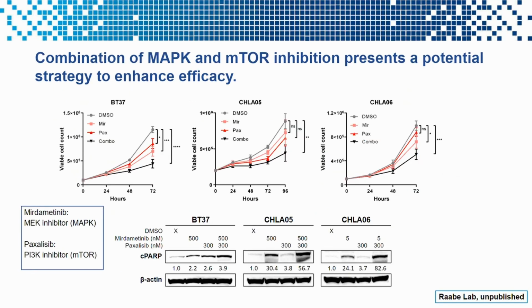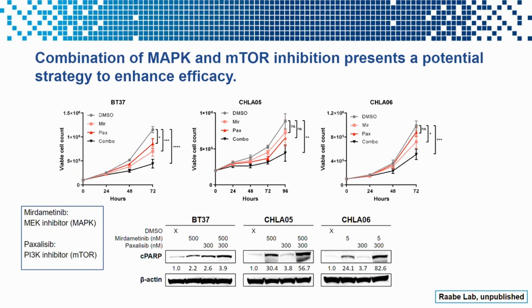A challenging but also exciting thing about cancer research is that a single agent treatment is rarely sufficient to eradicate cancer. Therefore, we are seeking combination therapy options right now to enhance the treatment efficacy. Specifically here, we're exploring the possibility of combining MAP kinase pathway inhibition with mTOR pathway inhibition in order to achieve better outcomes. I think a previous presentation kind of alluded to it, but the MAP kinase pathway and the mTOR pathway are somewhat sister pathways,